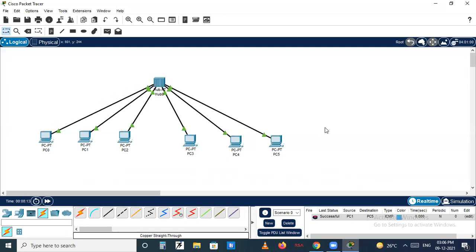Switch is another device, which is used, I think, on the second layer, and it also has some memory. What is this memory used for? It is used to create a MAC address table. The benefit is that if we start communication from PC1 to PC3 or PC4, only these two systems will be affected. Other systems will not receive or send any data. Getting?